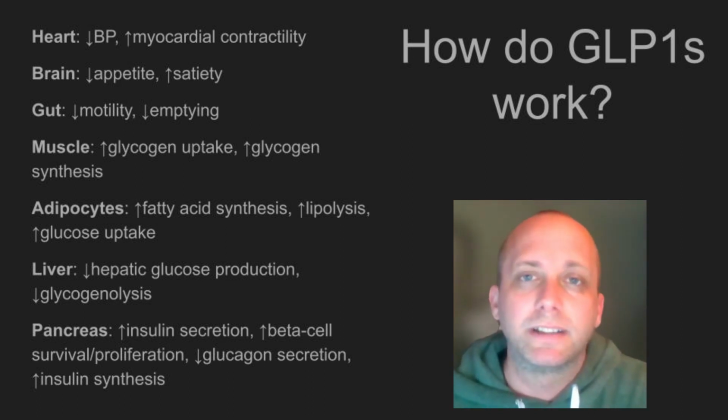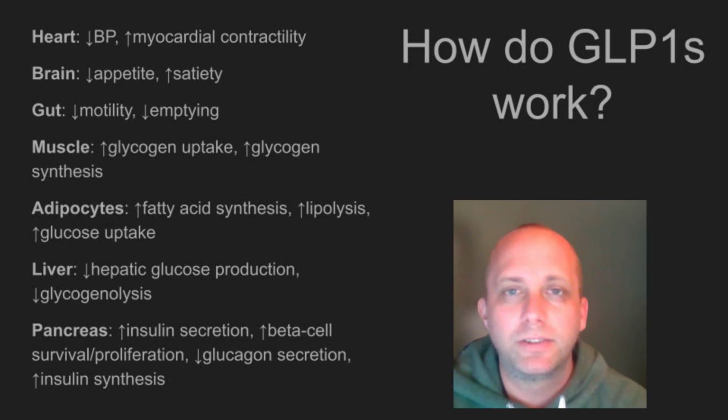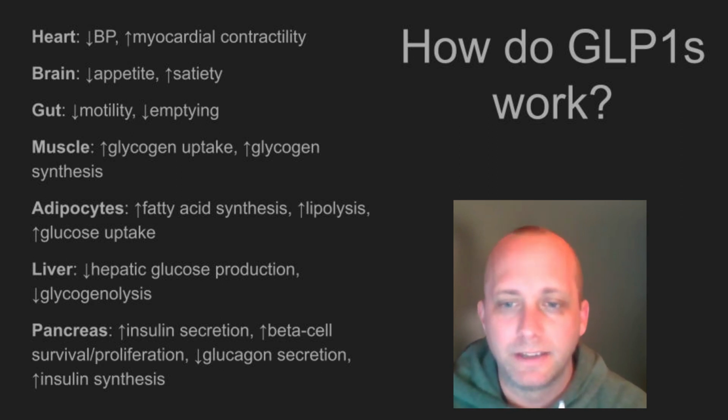In the muscle, they're increasing glycogen uptake and glycogen production. In adipocytes, they're increasing fatty acid synthesis, lipolysis, and glucose uptake. In the liver, they're going to be decreasing hepatic glucose production and glycogenolysis. And in the pancreas, they're increasing insulin secretion, increasing beta cell survival and proliferation, decreasing glucagon synthesis, and increasing insulin